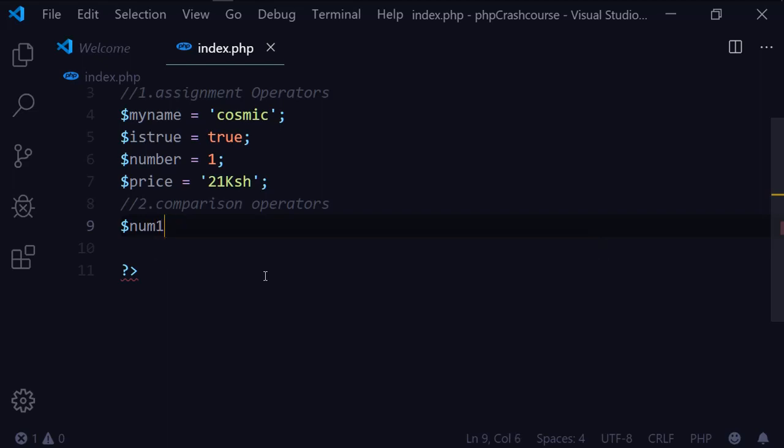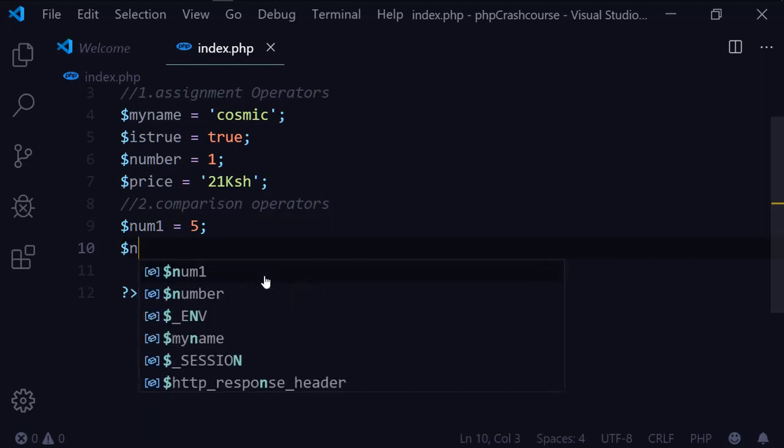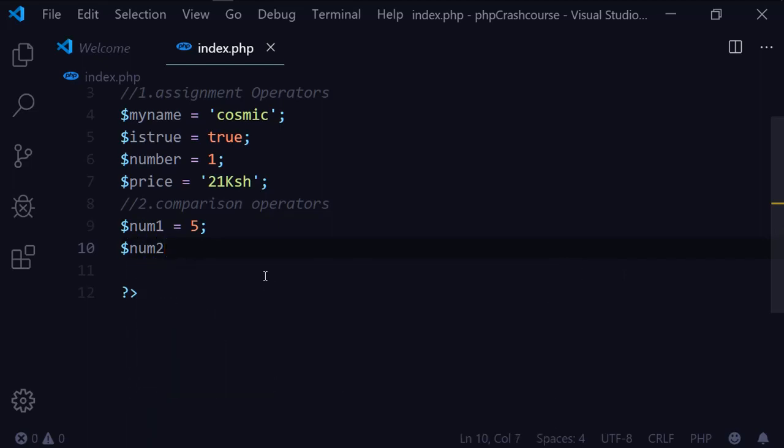Let me call it number one is equals to 5. Then you're going to have num2 is equals to 8. Now what we are doing here, first we're having the assignment operator. Now we need to compare the two of them. So we are going to use a conditional. We are going to say if